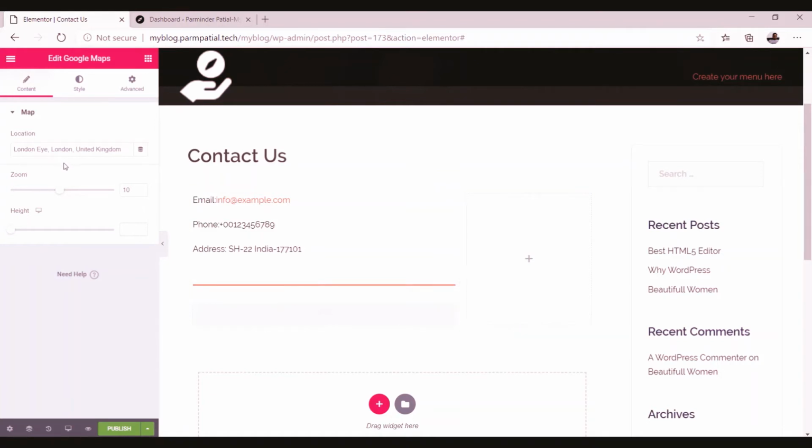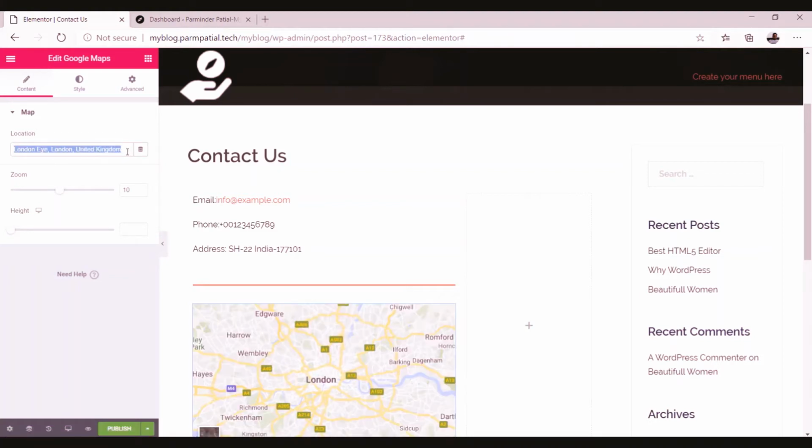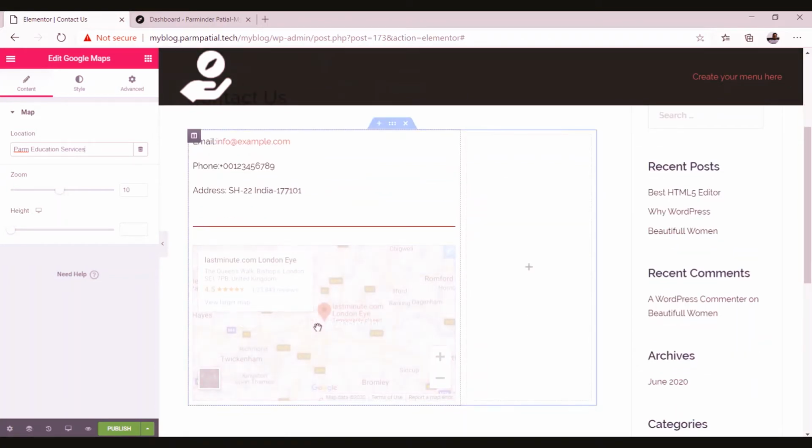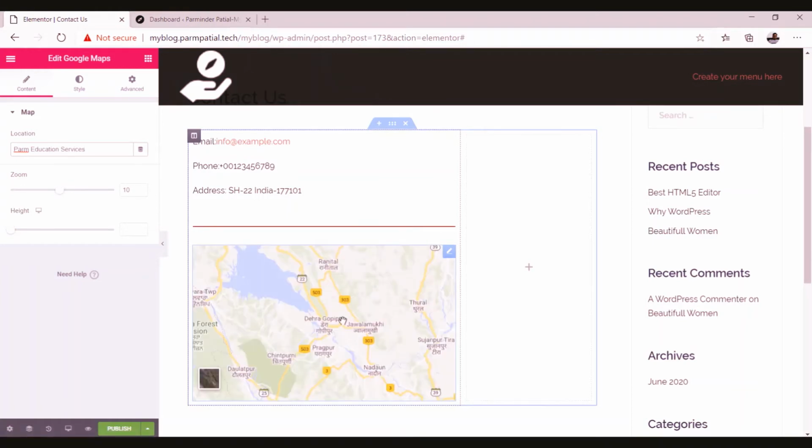So here comes your map, and here you have to specify your location on the map. In my case I'm just using this location on the map, let it appear. It will take a moment to load.